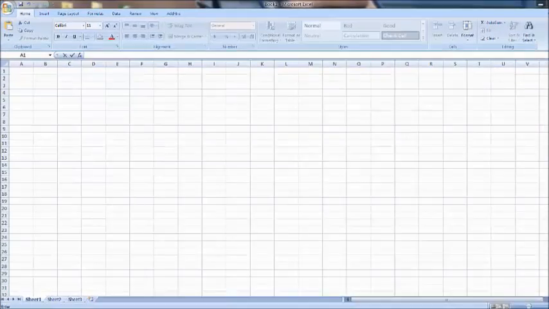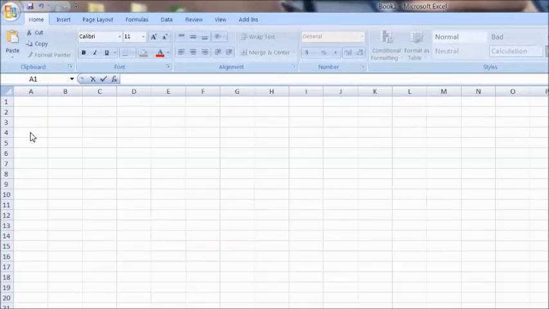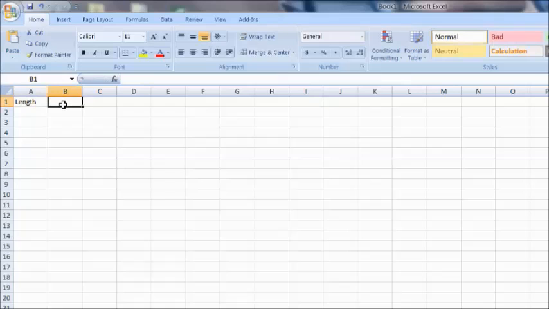Okay, let's get started. In column A, I'm going to want to put all my lengths. So in A1, I'm going to simply type length. In column B, I'm going to type width so that I know B consists of all my widths. Column C is going to be for height, so in C1, I'm going to type height. D is going to be our volume, so in D1, I'm going to type volume. And then in cell E1, I'm going to type surface area because column E is going to consist of all